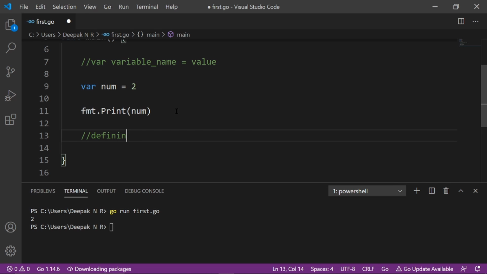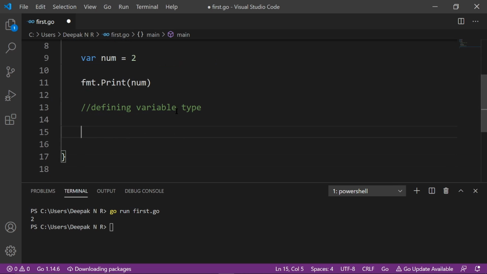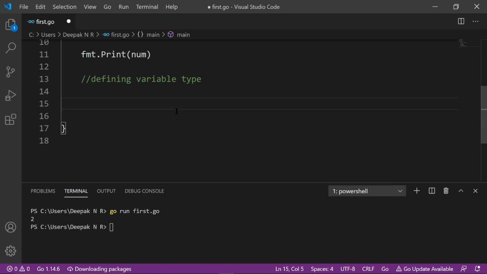Defining a type of variable. Syntax for declaration is var variable name data type is equal to value.